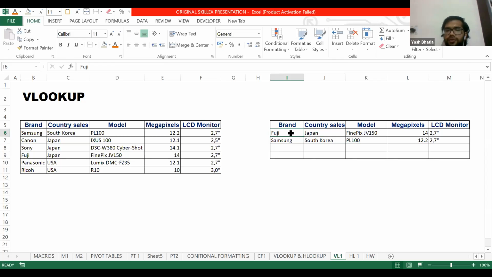That lookup value Fuji should always be in the first column. It should be in this column of our source table, else the lookup function won't work. Because VLOOKUP function works from left to right. If there is any other data to the left of the lookup value, the function gives us wrong value. So it's always advisable to have the lookup value in the first column.